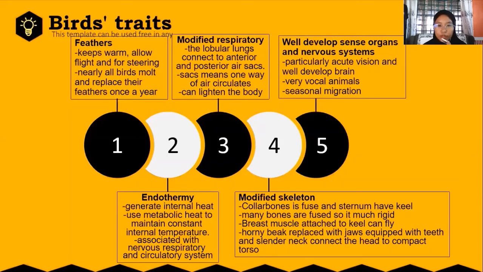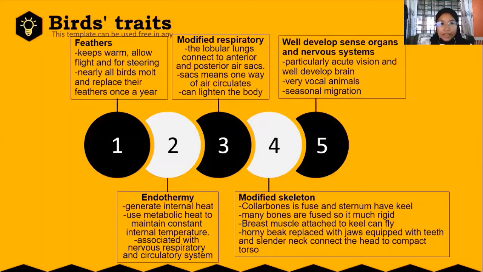Next, birds also have a modified skeleton. Their collarbones are fused, which is the wishbone, and the sternum has a keel. Many other bones are fused, making the skeleton more rigid than the reptilian skeleton. The breast muscles are attached to the keel and their action accounts for a bird's ability to fly. A horny beak replaces jaws equipped with teeth, and a slender neck connects the head to a round, compact